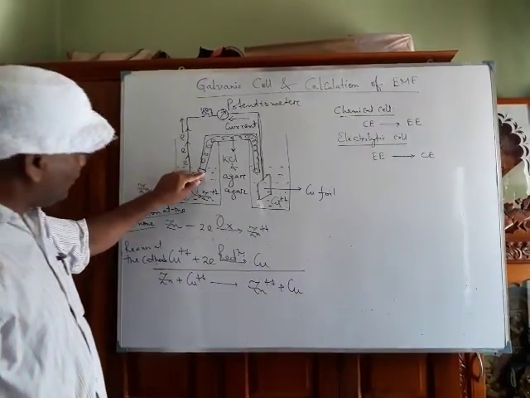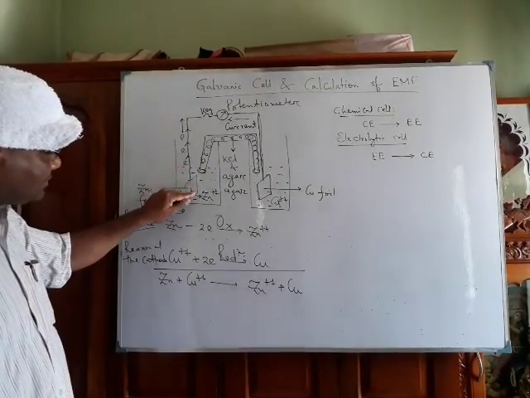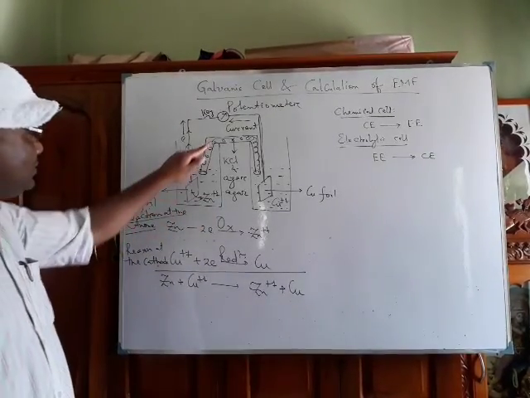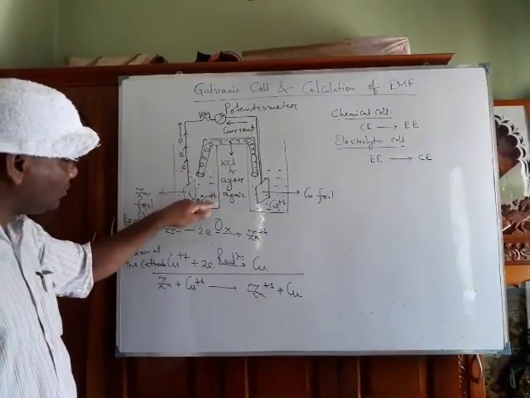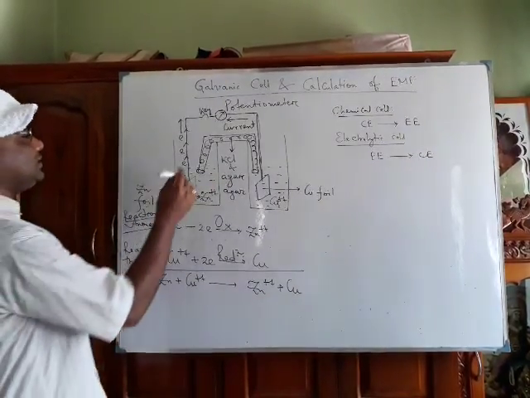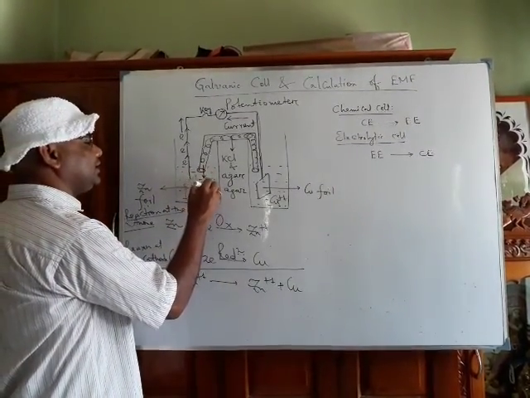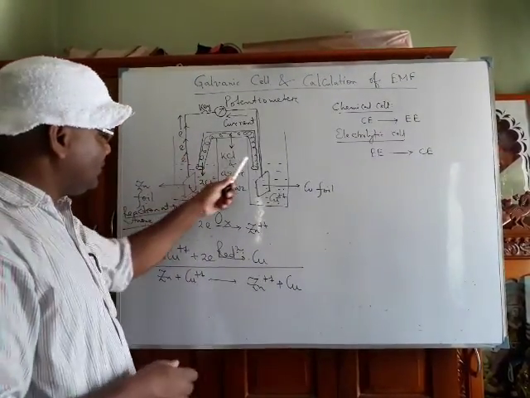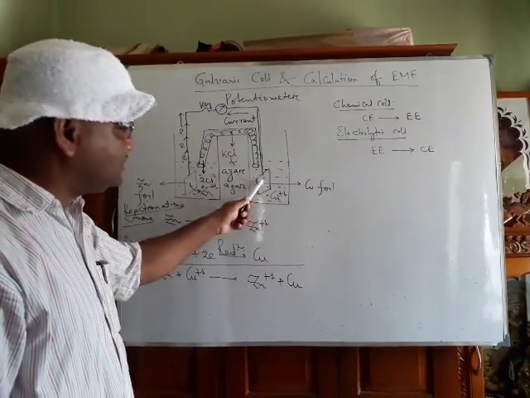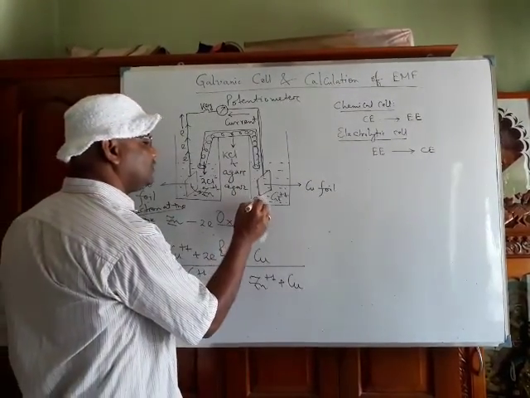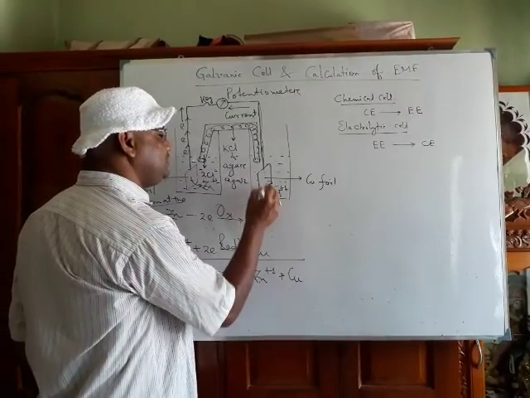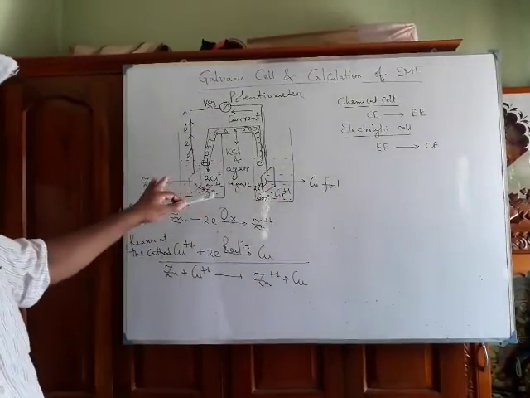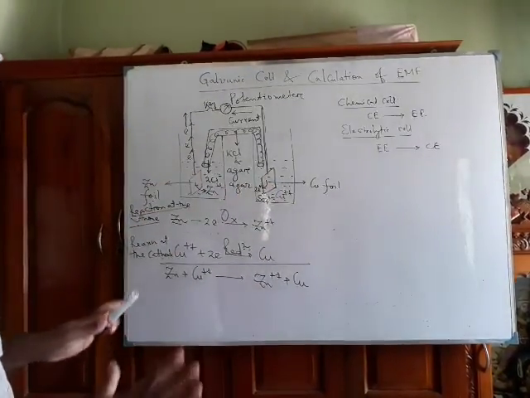Look, the point is, when a zinc atom comes into the solution by losing two electrons, a zinc ion is formed. Obviously this whole compartment will be positively charged. To neutralize that positive charge, two chloride ions will come into the solution, so that zinc chloride will be formed. Over here, whenever the copper ion is discharged, suppose the anion was sulfate, SO4 2-, immediately two potassium ions will come into the solution. So as a result, both the solution compartments will remain electrically neutral.